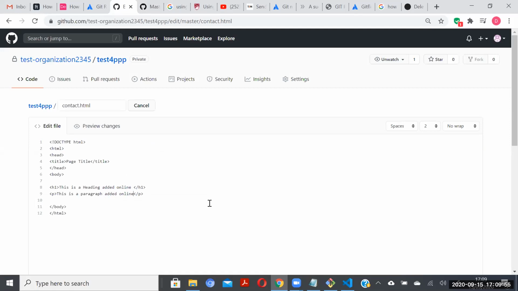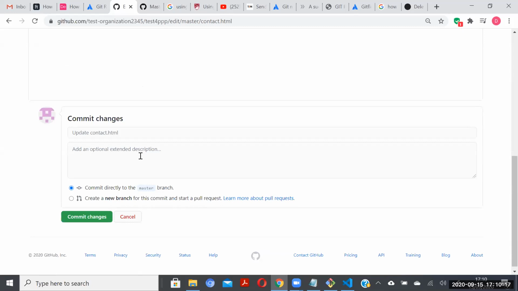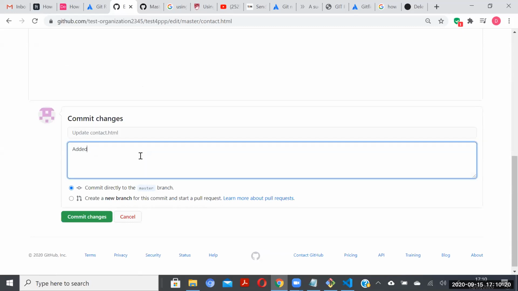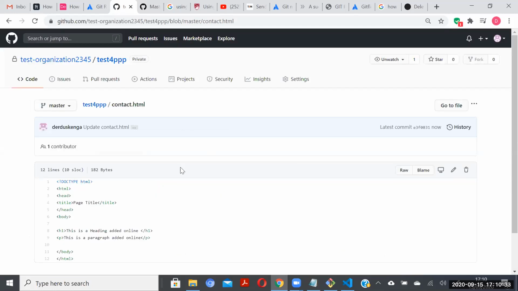Now, when you're adding anything, obviously, either it was added by another programmer and pushed to this repository, or I've just added it online to demonstrate that the online repository can have more changes than what you have in your local repository. So down here, I can add a commit message. I can say "added by another developer". So I commit the changes. In other words, what we have in our remote repository is more than what we have in our